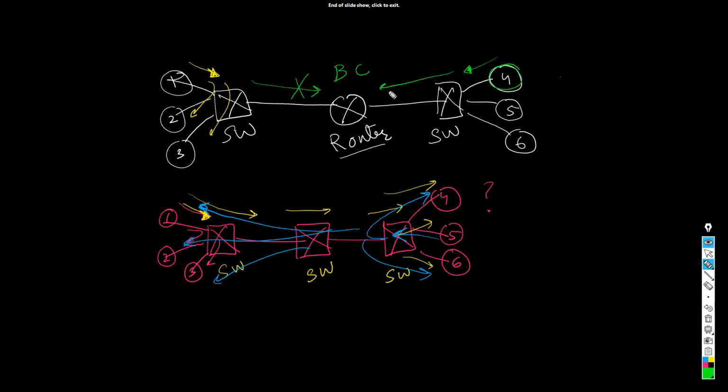So it will go to this router port. This port will receive, but it will drop. Then it will go to number 5. It will also go to number 6. That's all. So don't you think now there are two groups, two separate groups, one group on the left side